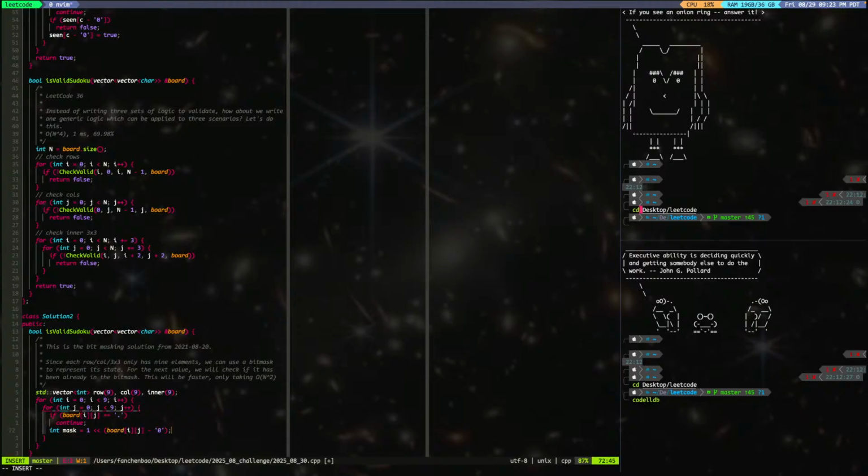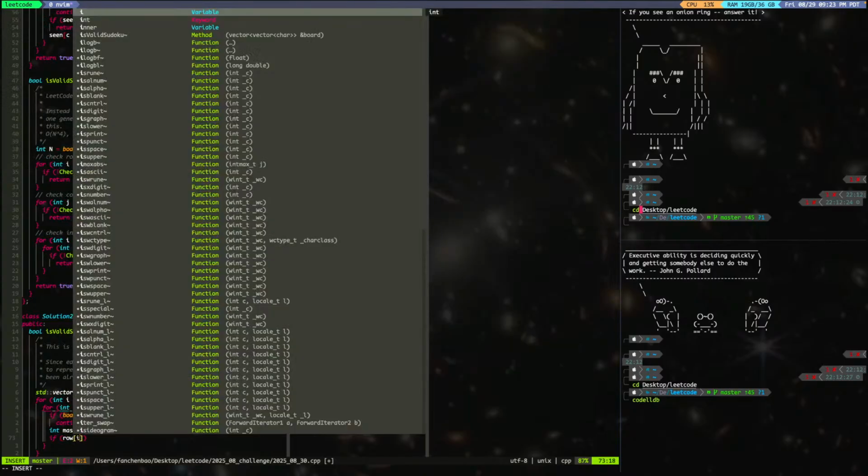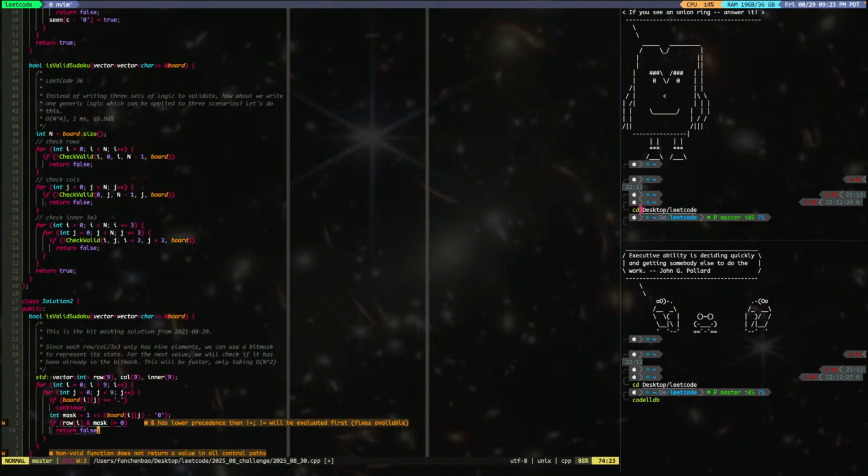And then we need to check if row i and this mask is not equal to 0, return false. So this just means the row has already